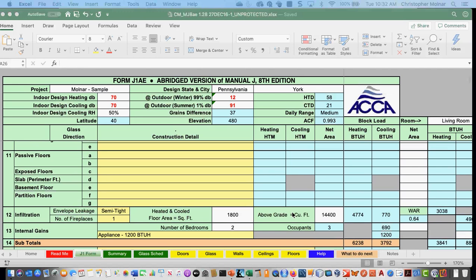Anything else? Hey, Chris. Yeah. When it comes to the solar multipliers, if you're not using the Excel program, how do we go about obtaining those? Which solar multipliers are we talking about? I'm talking about